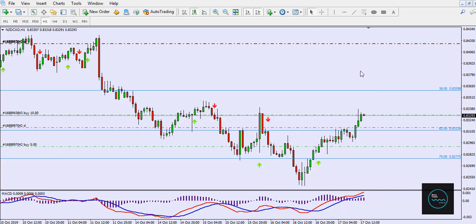Now I've already analyzed the Australian dollar Canadian currency pair, so I don't need to do the same thing here because they are both moving exactly alike, and I want you to watch that video if you haven't. But the main thing I want you to understand is, if you analyze these trades from the monthly perspective, now